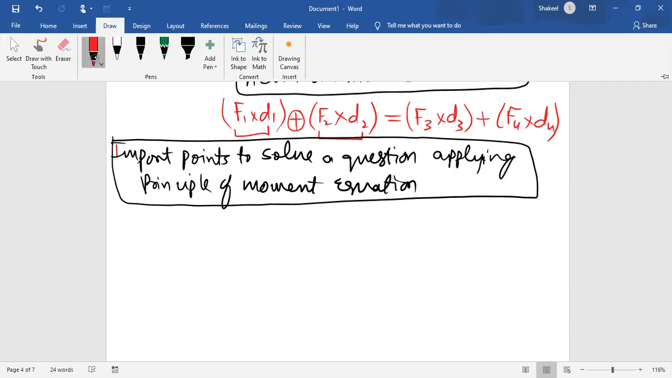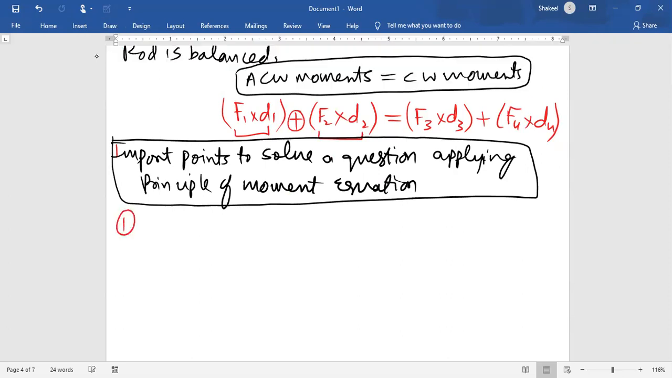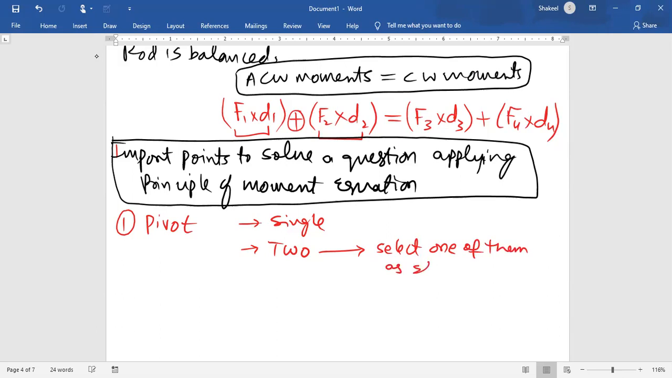Okay, but the first point over here will be looking for the pivot. Pivot can be single pivot, and there can be two pivots as well. If two pivots are there, then select one of them as standard pivot. Standard pivot is one from which you will measure distance of each force. So if two pivots are there, you have to select one of them. Either it will be given in the question or you have to select one of them as the pivot. Okay, number two is